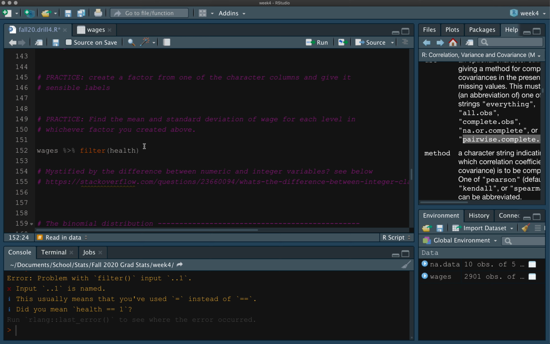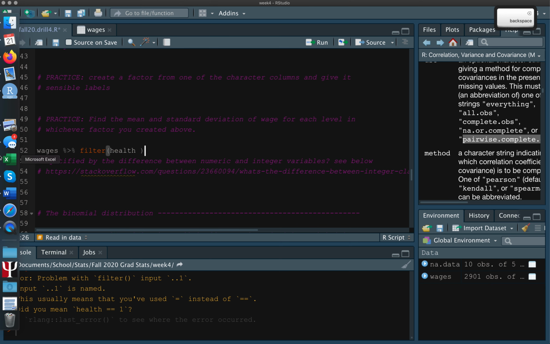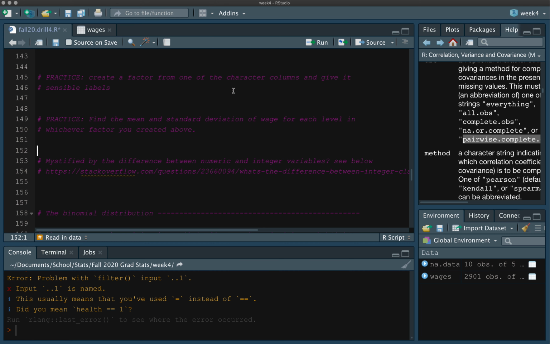Either way, the point is that you would use a filter to filter things down based on something into a